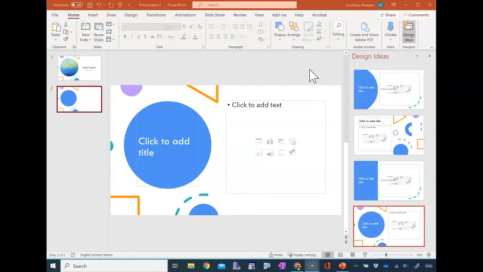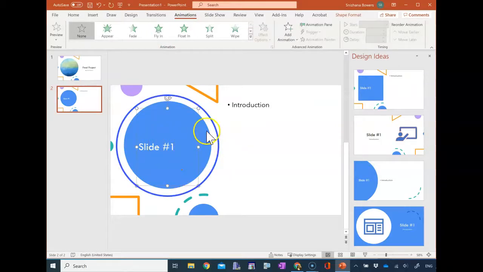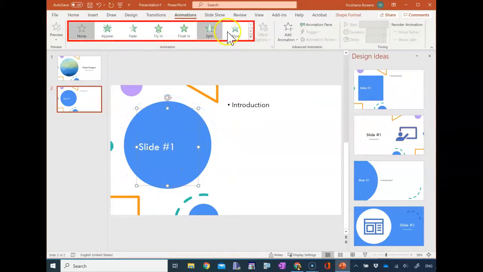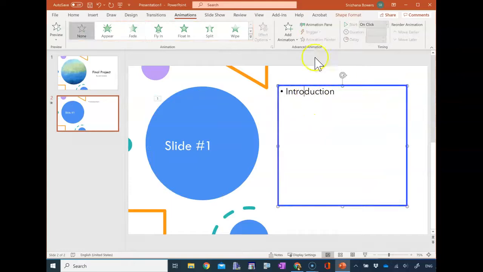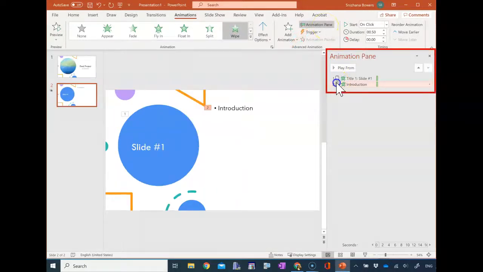To make your PowerPoint more engaging and entertaining, you can add animation to parts of the slides. For example, I want slide number 1 to appear after the click. Choose the animation and I want the introduction part to be next. I will click on Add Animation and you will see that this text will come first and the introduction text will come second. If you want to switch or rearrange them, click on the Animation pane and move it by grabbing the text and moving it up, or selecting the text and clicking Move Up or Move Down.